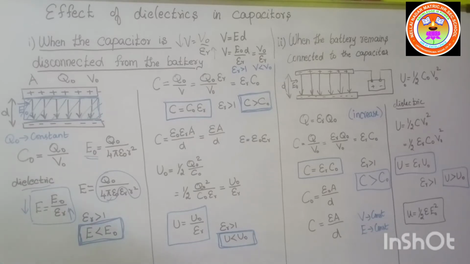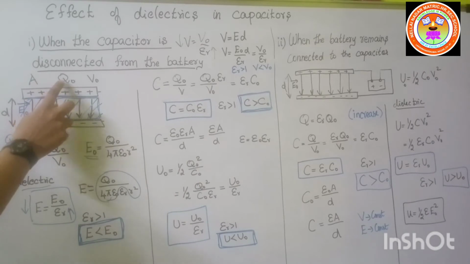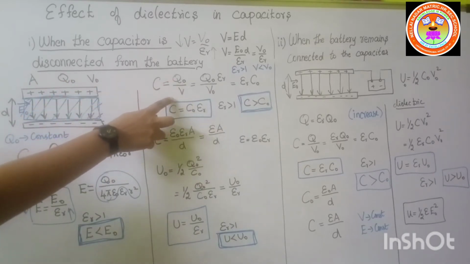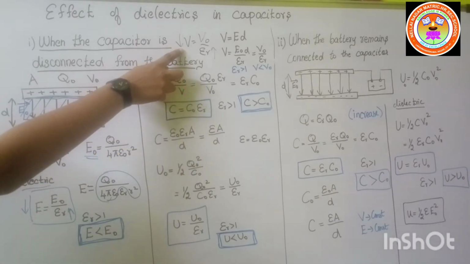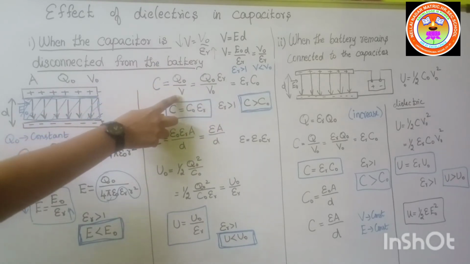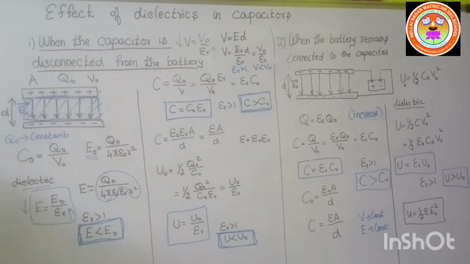First concept, electric field decreases when you introduce the dielectric. After removing the battery, electric field decreases and voltage also decreases. Next, you are going to calculate the concept for capacitance. We take the formula C is equal to Q by V. You know that. The charge here is Q naught, so C is equal to Q naught divided by V. Now in this formula, V is equal to V naught by epsilon r. So in the place of V, substitute V naught by epsilon r, and epsilon r will go to the numerator. So that is equal to Q naught by V naught into epsilon r.